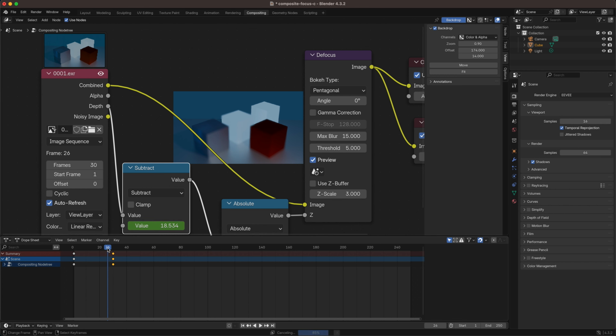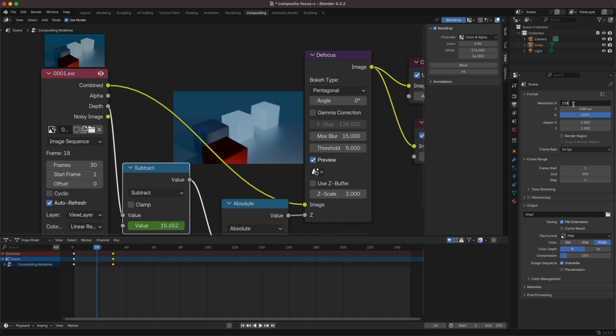And so over the course of the animation, the focus is going to be changing. And I can certainly spend some more time adjusting those keyframes to make sense and add additional keyframes if I need to. For now, I'm just going to leave as is, and I'm going to come over to my output